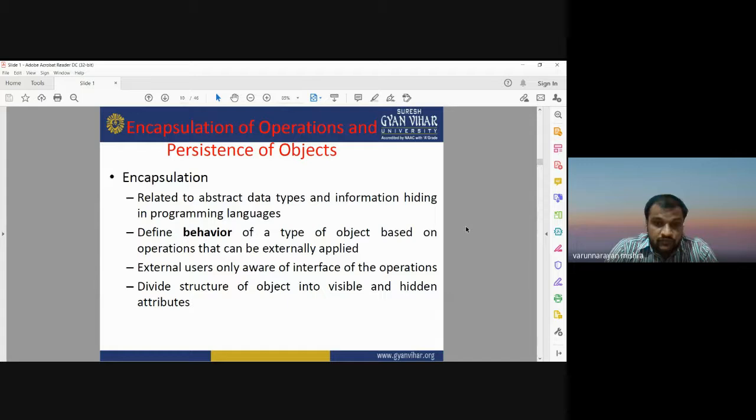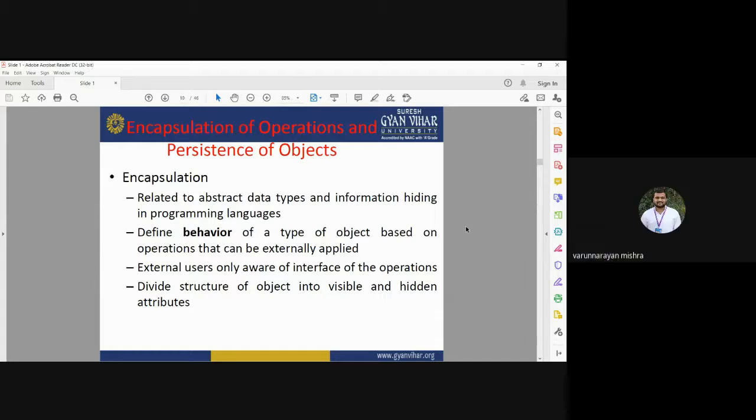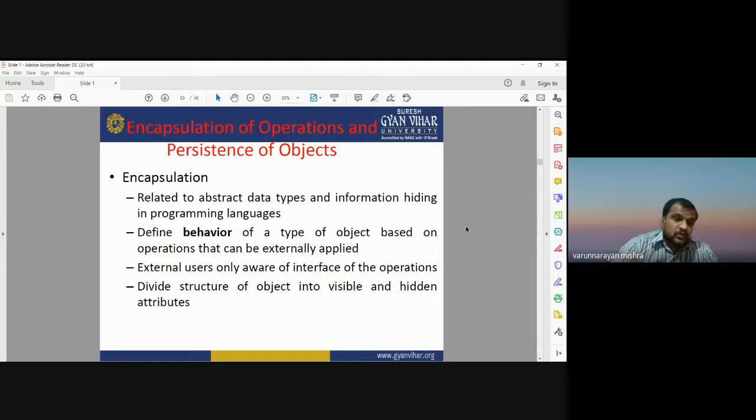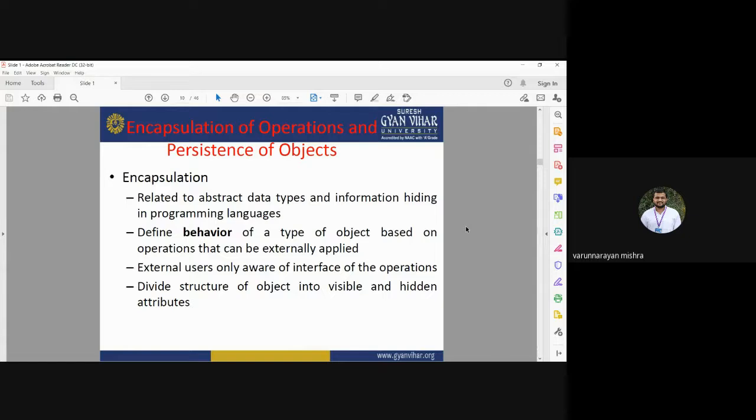So encapsulation means if we are going to define a data type, or if we are going to define different objects, how that object is behaving and what type of object it is can be done by encapsulation.